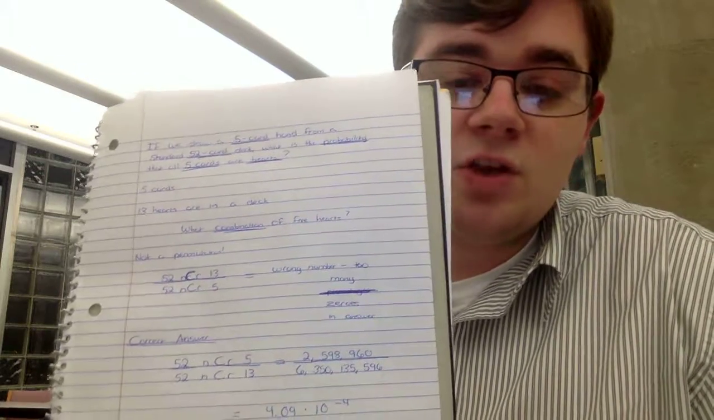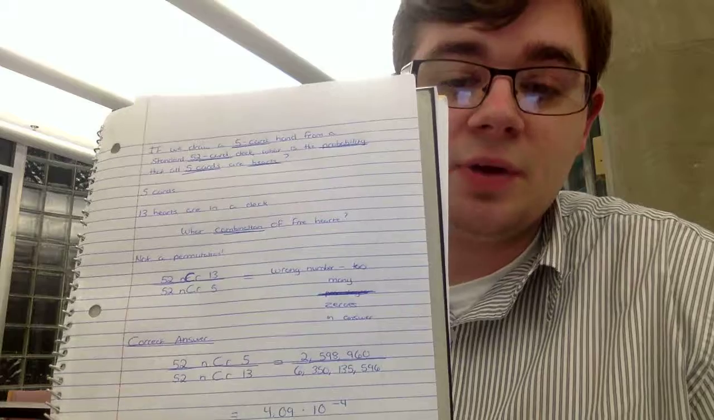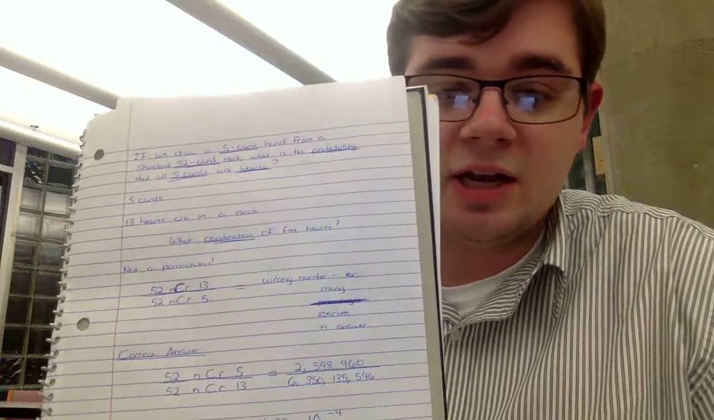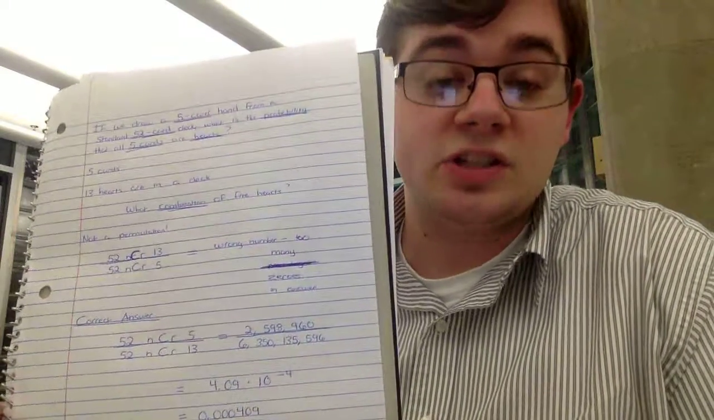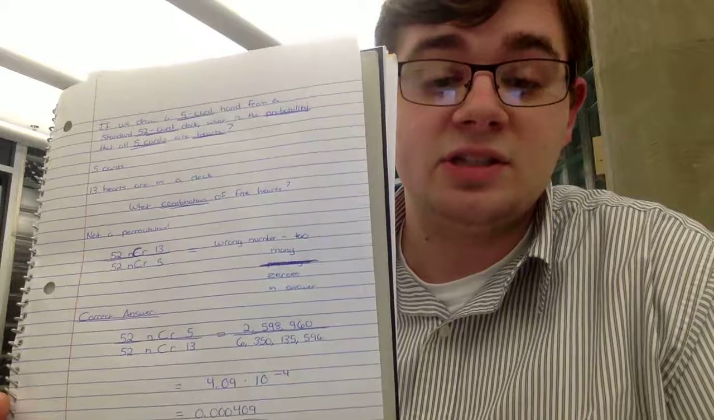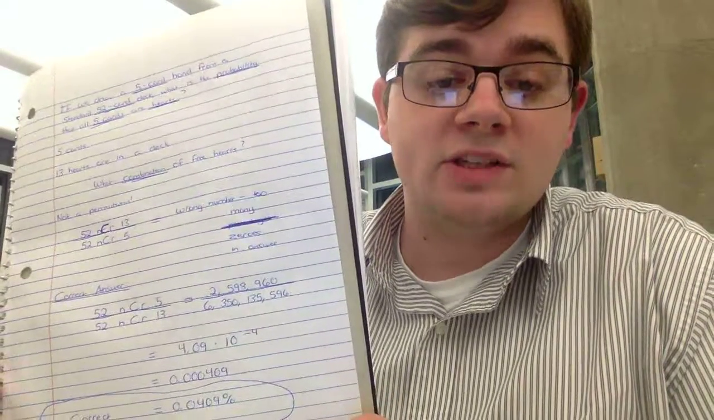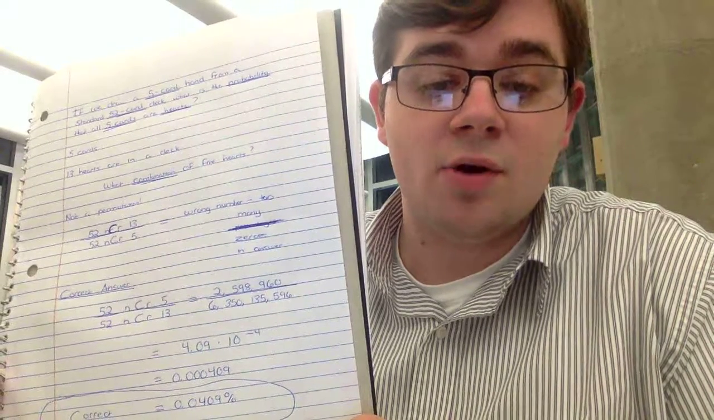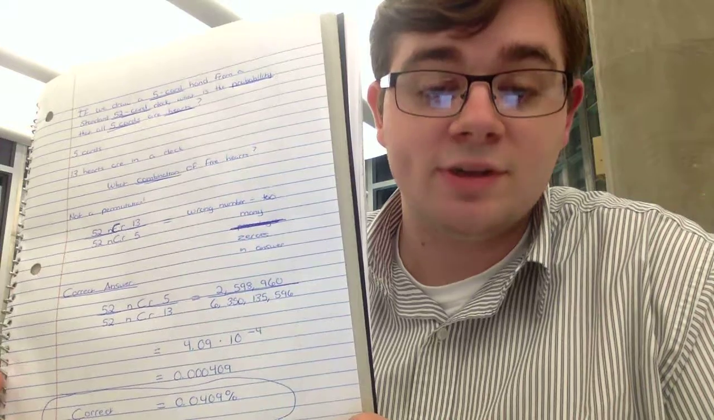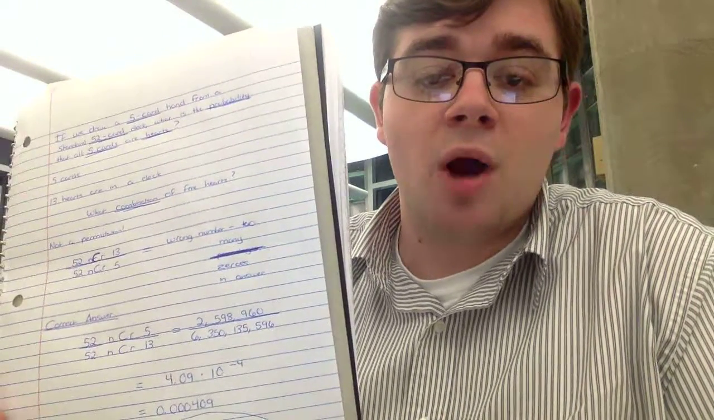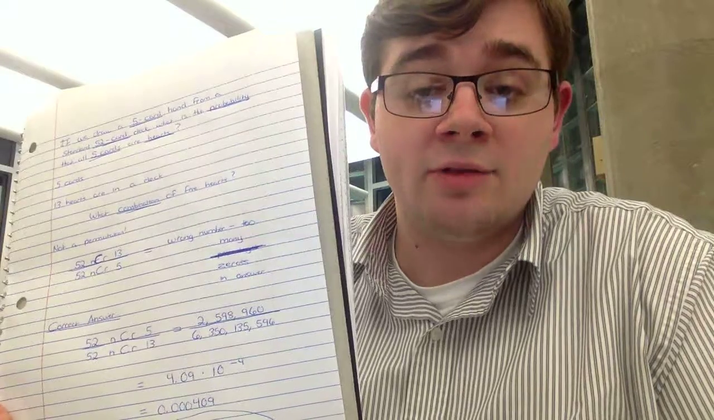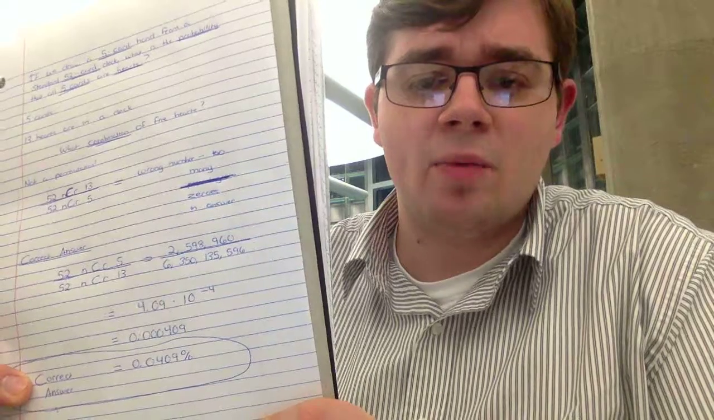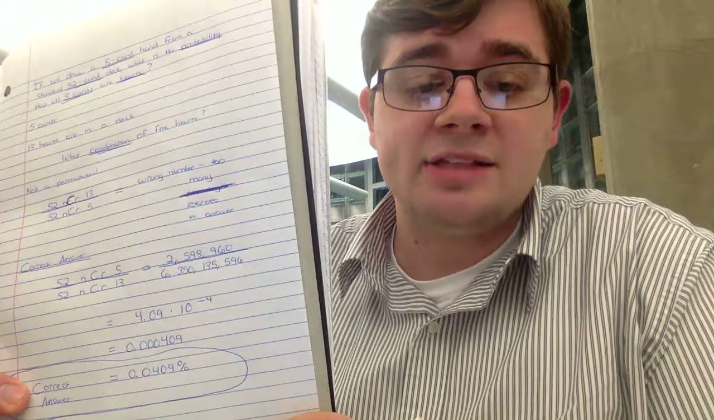2,598,960. 52 nCr 13 equals 6,350,135,596. When I divide these two, I get 4.09 times 10 to the -4th power. And once I write it out properly, I get 0.000409. However, since probabilities are usually expressed in percentages, I then wrote it as a percentage by rounding to the nearest hundredth, and I got